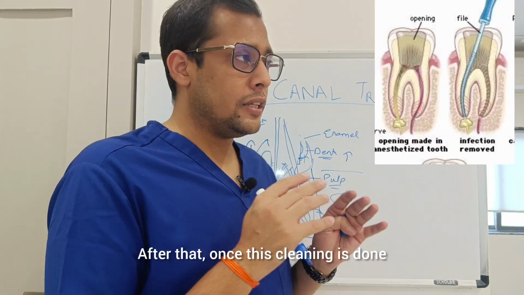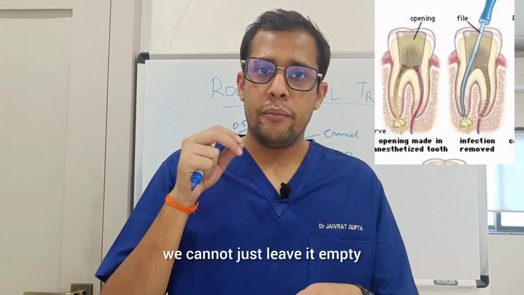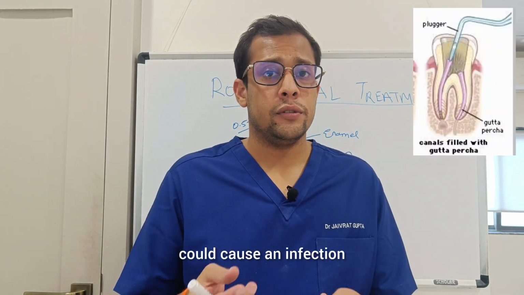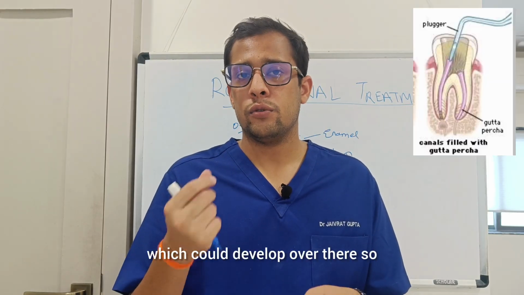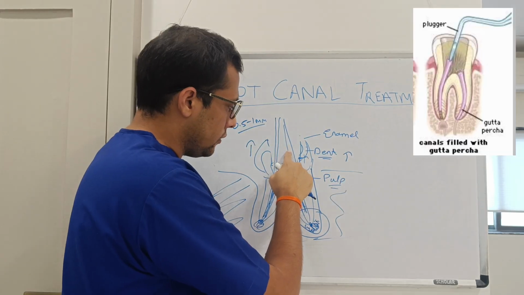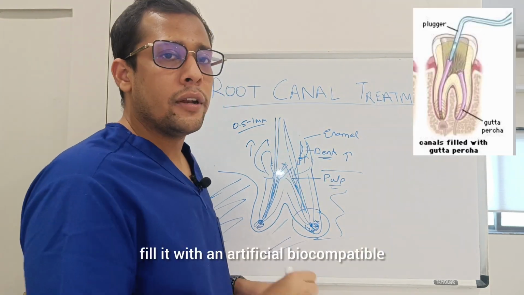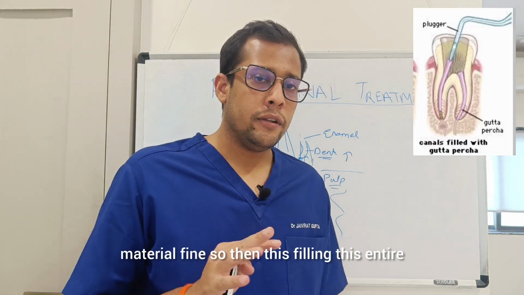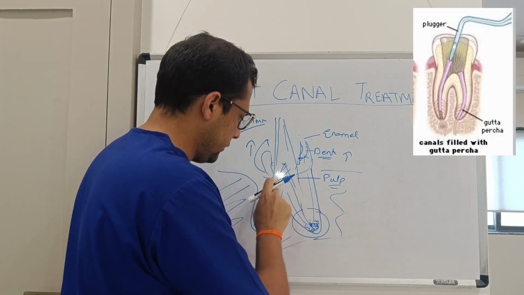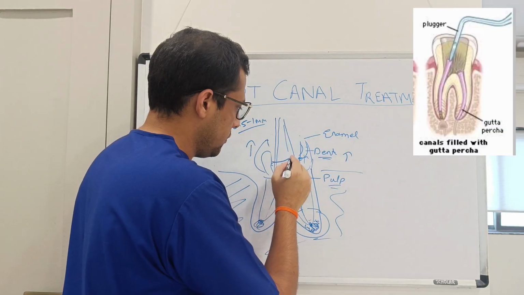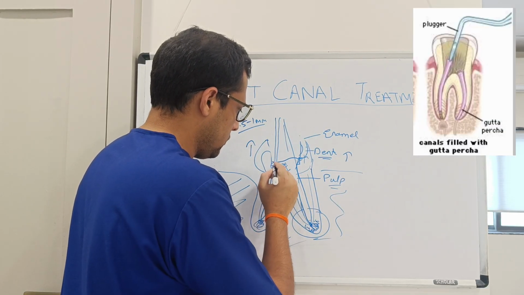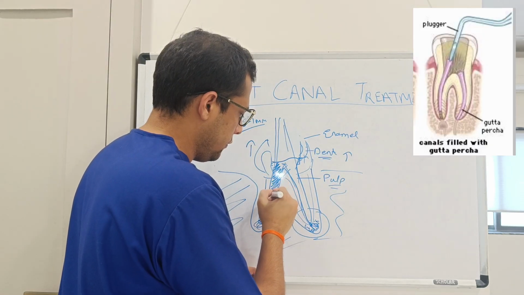After that, once this cleaning is done, we cannot just leave it empty, because any hollow cavity inside the body could cause an infection, or there could be again bacteria which could develop over there. So what we have to do is we have to fix it, and we have to fill it with an artificial biocompatible material. Fine. So then this entire thing is cleaned, and this part of the tooth is then filled